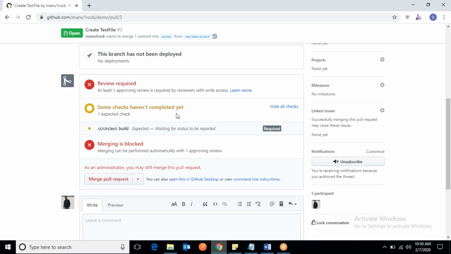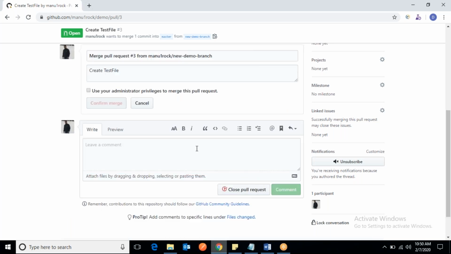If you don't have these restrictions, you can directly go and merge this pull request. I'll provide my comment here, with administrator privilege, and confirm merge.